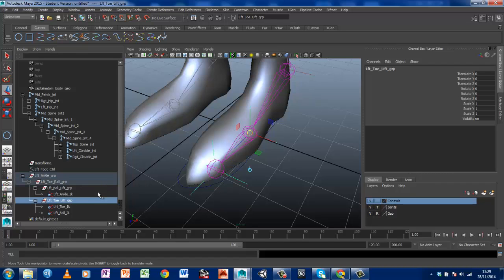Both of these groups pivot here. This is the power of groups. So the toe lift group, that's to lift your toe, and that's pivoted there, so that lifts that up, that's fine. And the ball lift, well, this is the ankle IK, and it pivots from there, so it lifts this up. I could break into song, but